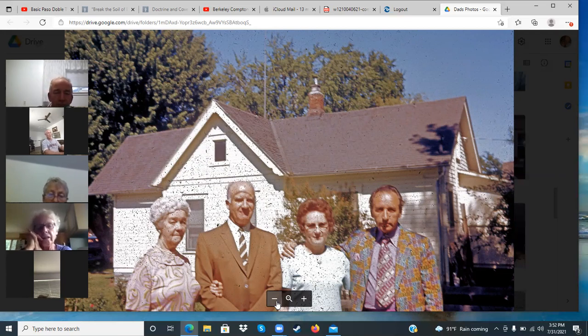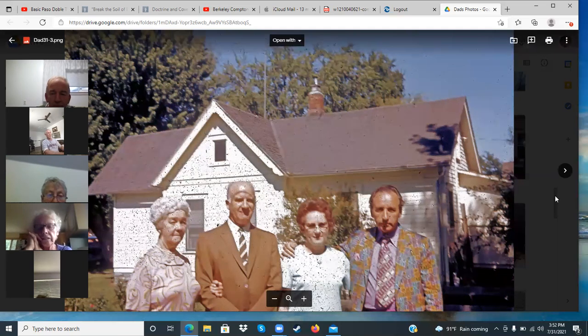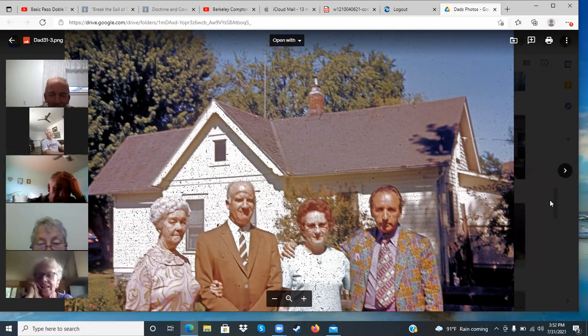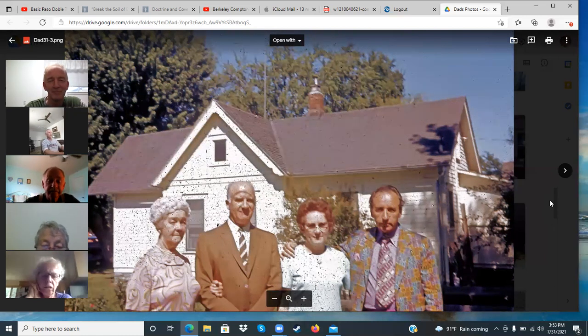Daddy has his hand on her shoulder. And he's got that lovely coat and the tie. This is in Weiser, looking at that. That is wild. And then I want to know if there's a woodshed behind that house. Yes. Weiser, Idaho. Whose house is it? Grandma and Grandpa Chandler's. It was Percy and Hazel Chandler's home.